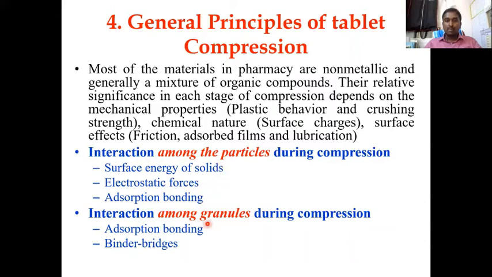But when you make these particles into granules, which is nothing but a group of particles, they don't have this kind of properties now. The other properties they have, apart from the van der Waals forces, are binder bridges, because while preparing granules, you will use some solvent. Please try to understand. I have particles like this. The meaning of granules is that I am making some solid mass, some kind of a mixture or salt kind of thing, using these particles. These are called granules. You already prepared the granules to determine the flow properties, if you remember, right?